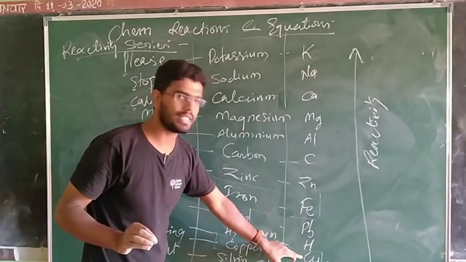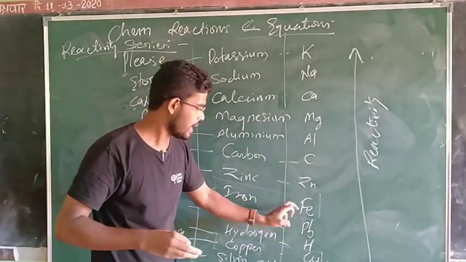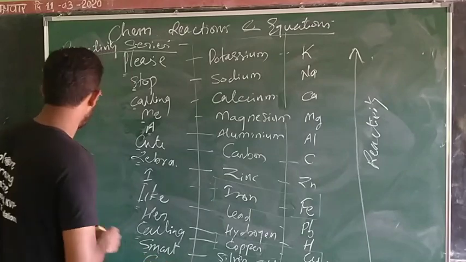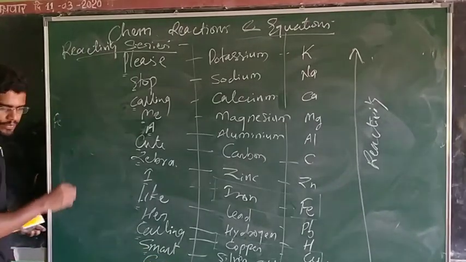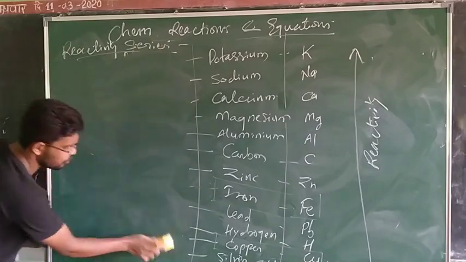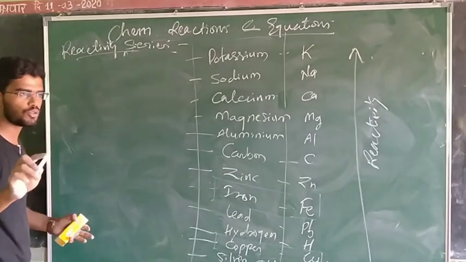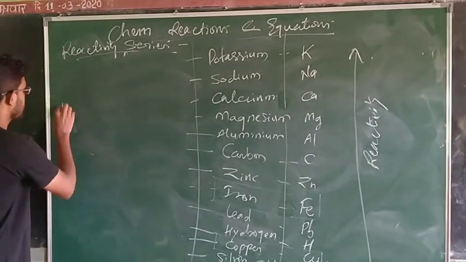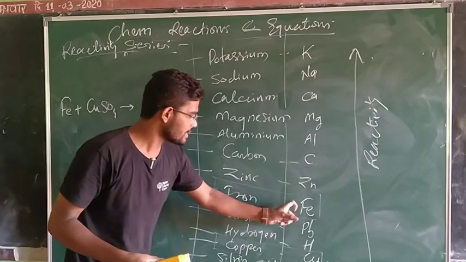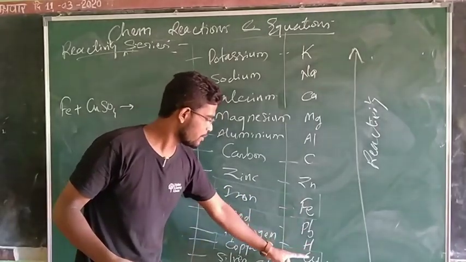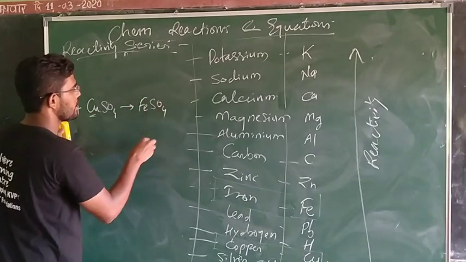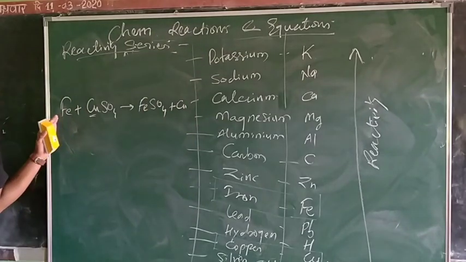So iron can displace copper easily, and that is the reaction we had, Fe reacting with copper sulfate. I don't know if you remember the reaction or not. Where can I write that? See, we will write it in this small space. You may have noted it on this side. If you didn't note it, go back and write it down. I have told you to write everything simultaneously with me. So Fe reacts with copper sulfate. As iron is more reactive than copper, iron will be able to displace the copper to give you what? Ferrous sulfate and copper. Do you understand?